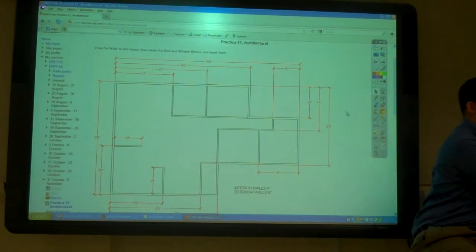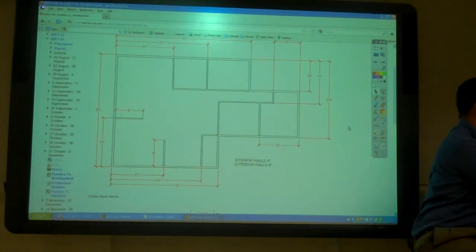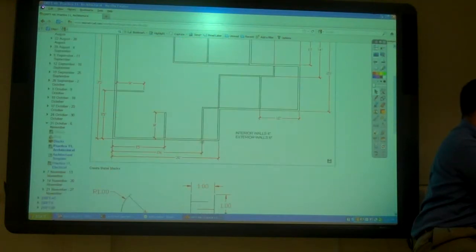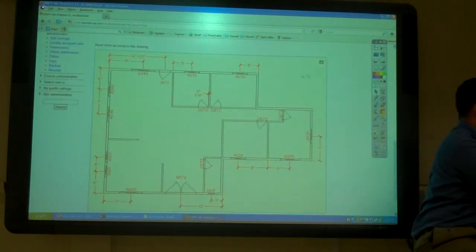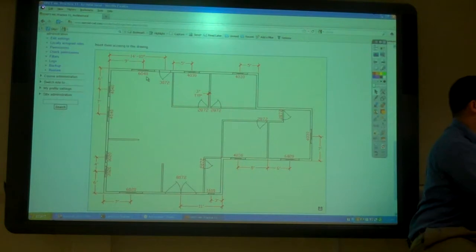So here's, and the way I did this is I did one drawing with all the walls, so you can kind of get all the walls in first. So the exterior walls are 6 inches thick, the interior walls are 4 inches thick. And you can see these walls, it's actually dimensioned to the middle of the wall. Then I have the blocks again for you. And then here's where the doors and windows are. And the sides. And so the way you read these notations,